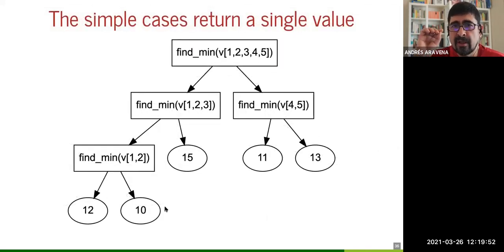So the last ones are the easy cases, the lists of length 1, and they are solved. Now you have to combine them. How do they combine? The